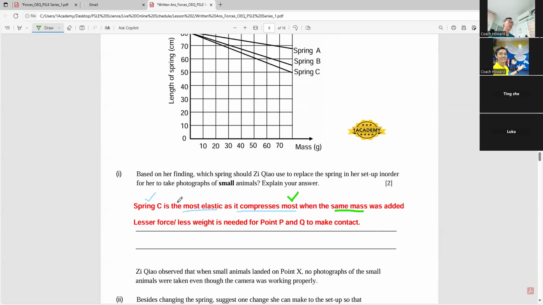So identify the spring, explain why. Why is it most elastic? Because for the same mass, it compresses the most. So when the animal of smaller mass lands, it will be able to make point P and Q touch each other. So the photograph can be taken. Okay, then